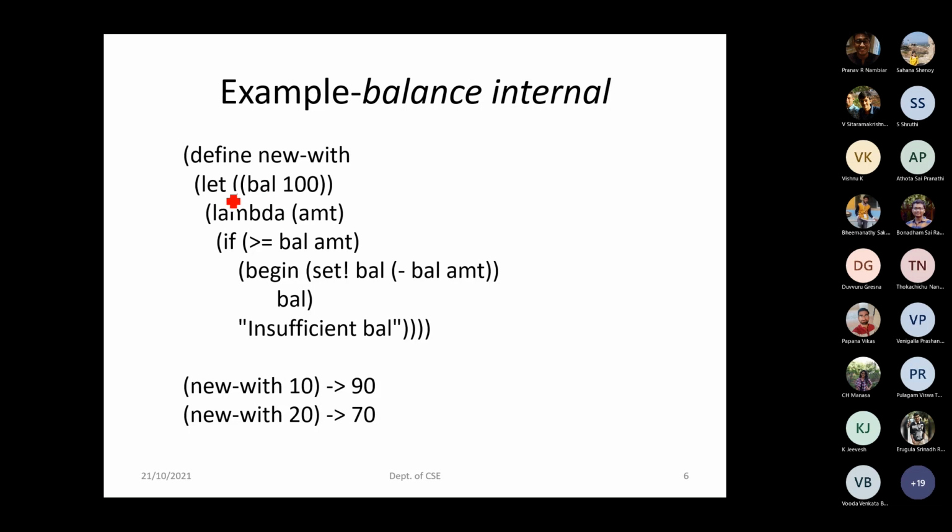Whenever we use let, it becomes a local variable, right? So balance has been initialized with 100. And then I'm using a lambda procedure, a nameless procedure, where I'm asking the user to pass the value for amount. And then this portion remains the same. So the only small change I have made is to the balance variable.